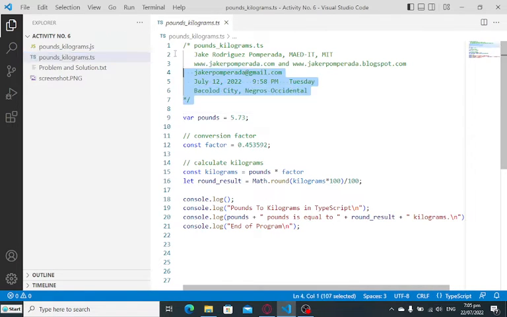Okay, so we have here several comments. And then we have here a declaration of variable pounds equals 5.73, and then we have here comment conversion factor. So 1 pound is equivalent to 0.453592. To calculate the kilograms, we have here constant kilograms equals pounds multiplied by conversion factor, that is